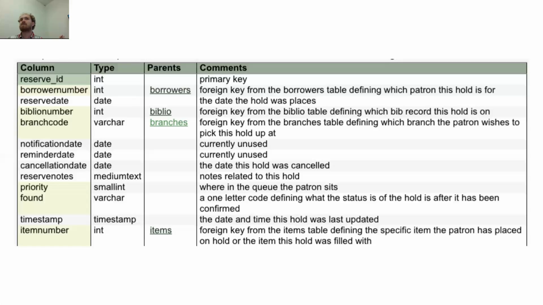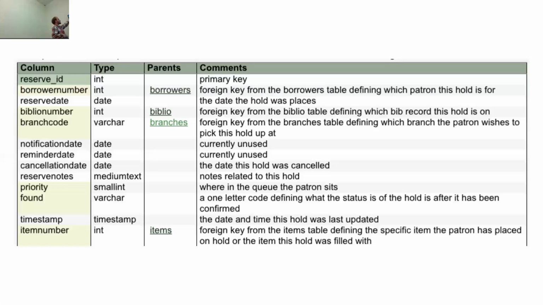Reserve. You would think so. Nope. Gotcha. Yeah, it's holds. I got you with my trick table. So this is holds. Every entry in this represents a hold, and it's named reserves, which is confusing, but that's what it means. Course reserves is course_reserves actually, and so to explain further what's going on,